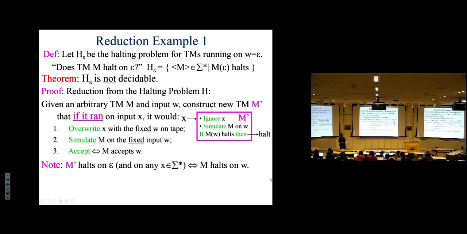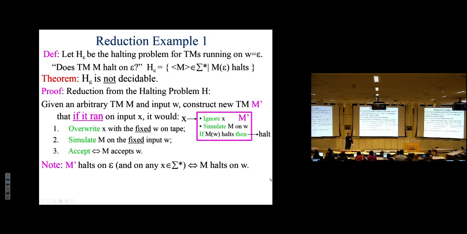But by contradiction, assume that there's some program, algorithm, oracle, code, or machine that does this job, tells us what a machine does or a program does on the empty string. Special case of the halting problem. Right? And if it tells us that this M prime halts on the empty string, we know that M halts on w. If it tells us that it doesn't halt on the empty string, we know that M doesn't halt on w. Why? Because this program, M prime, halts on all of its input x if and only if M